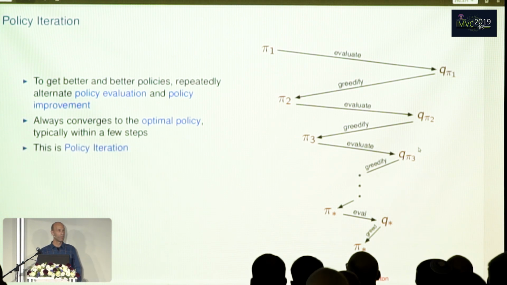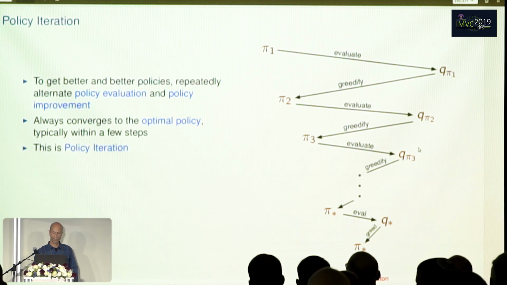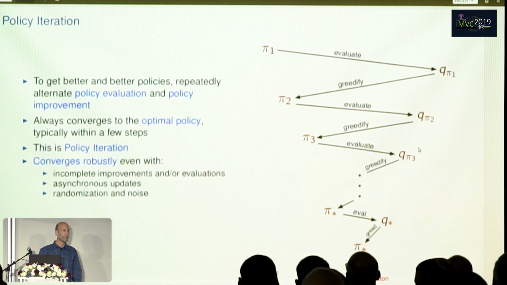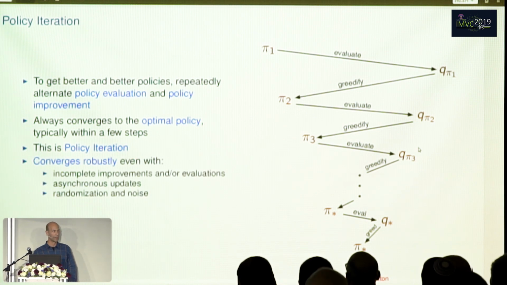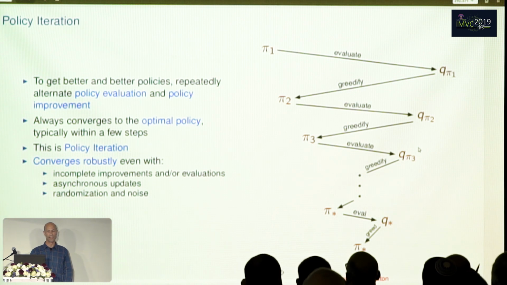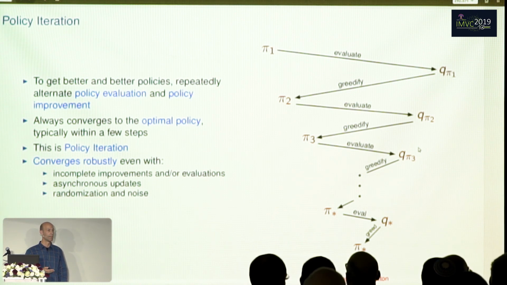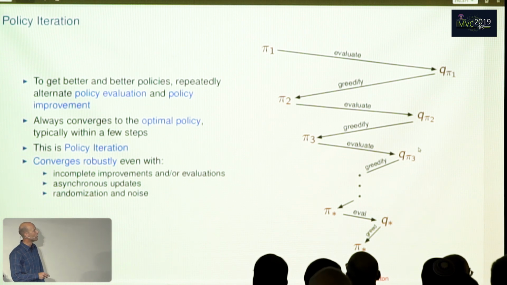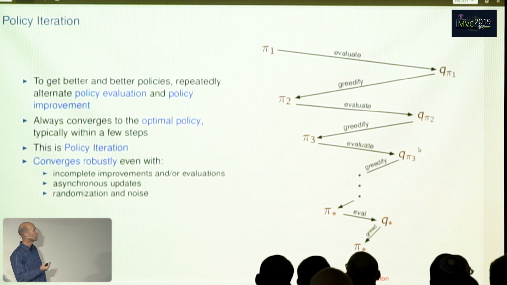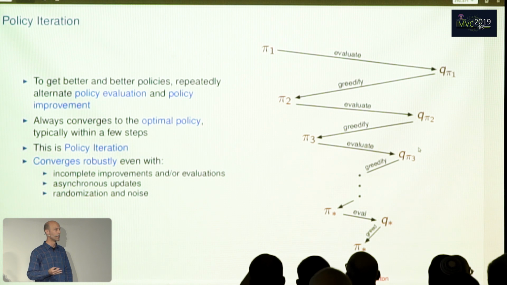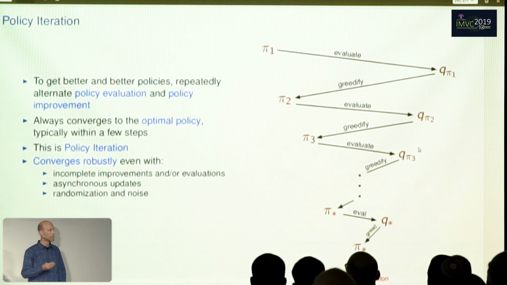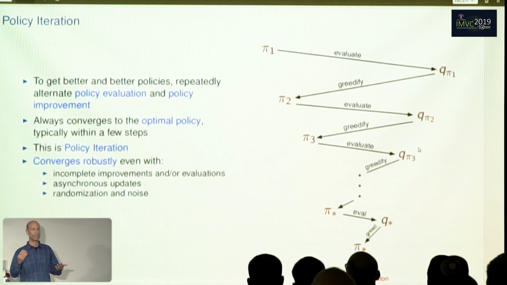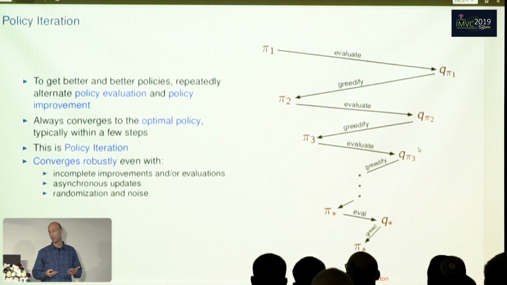This process has a name, and it is called policy iteration. Policy iteration converges very robustly under a variety of conditions, including incomplete improvements, incomplete evaluations, asynchronous updates, and randomization and noise. For example, we don't need to run policy evaluation until convergence. We can stop earlier, and we don't need to run policy improvement for every combination of state and action. We can only run for a subset of them. As long as we make some progress in evaluation and some progress in improvement, the algorithm will